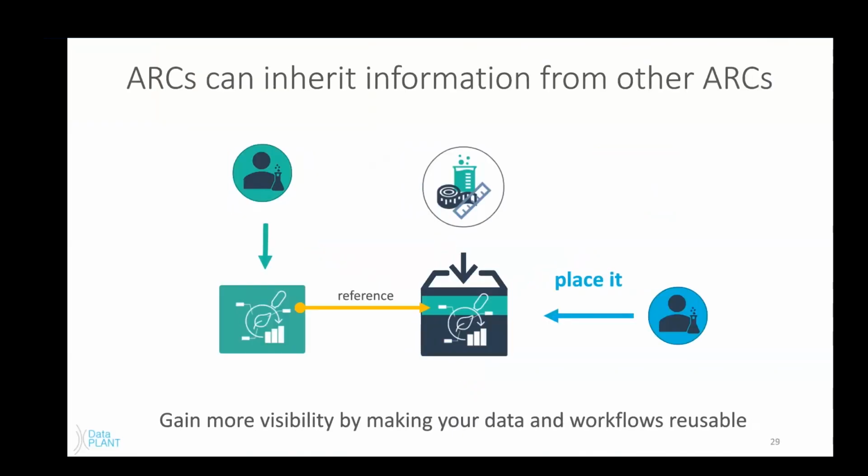I think another very useful thing about ARCs is that information can be inherited from one to another. This touches back on my second slide, where you might have collected data that was not important or relevant at the time, but maybe the following year you realize it's very handy to have for another experiment. So you can easily take that subset of data and transfer it to your current ARC and then work on it from there. In that way, your data becomes reusable, because you can easily find it and move it to where it's now currently useful.